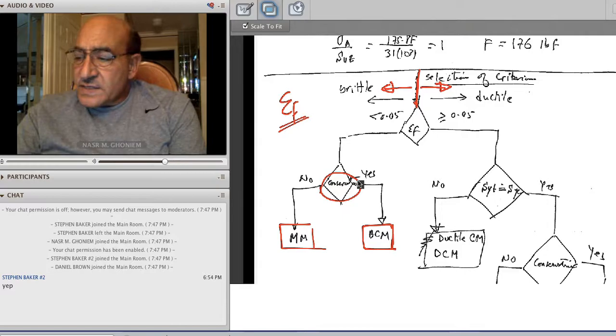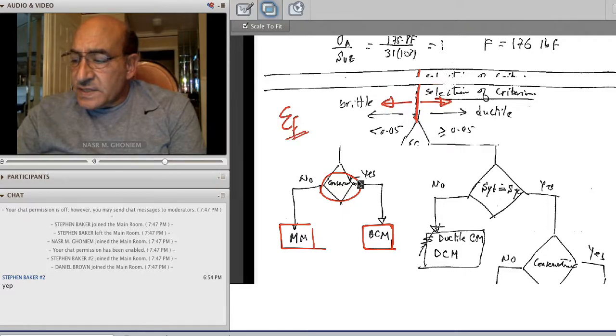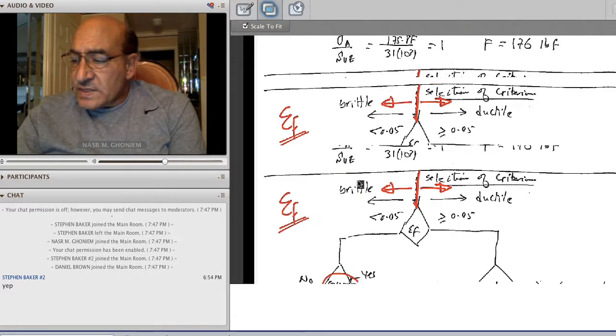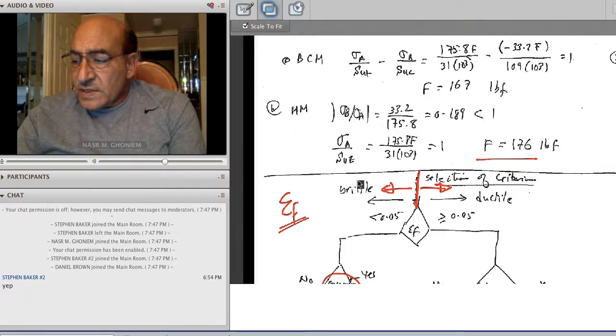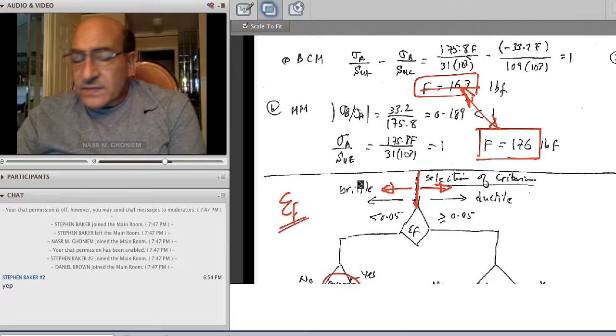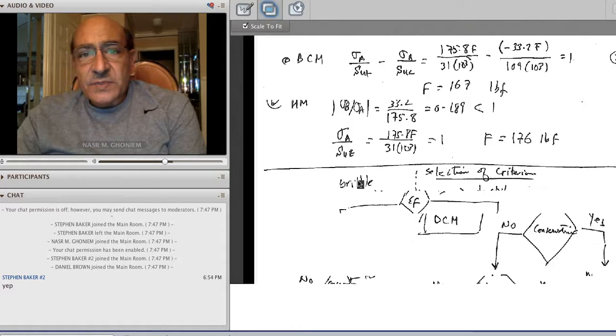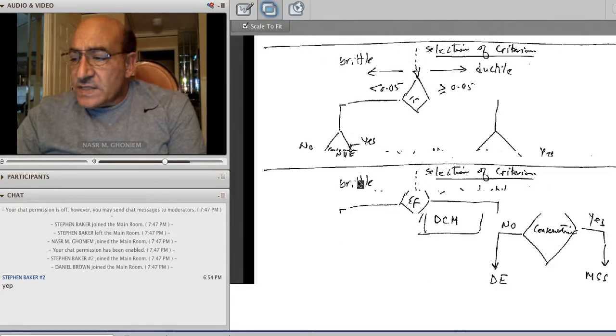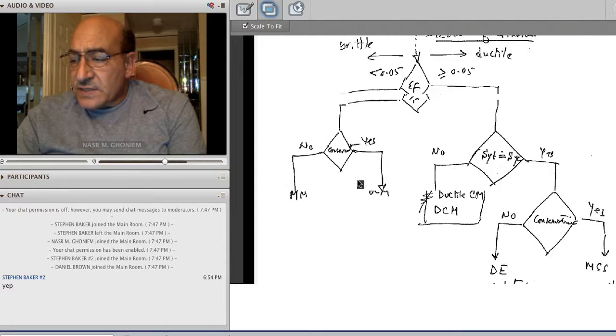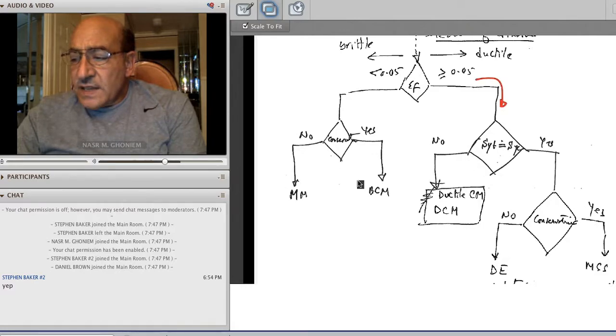So that is consistent with these results. This is modified Mohr. This is Brittle Mohr. And obviously, modified Mohr is a little bit less conservative than the Mohr. So that's the first step for me, to make the decision brittle or ductile. Once I decide, let's say it's ductile, going this way, then I